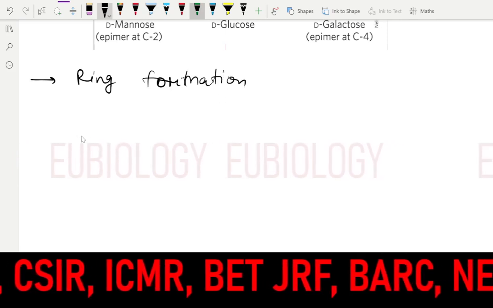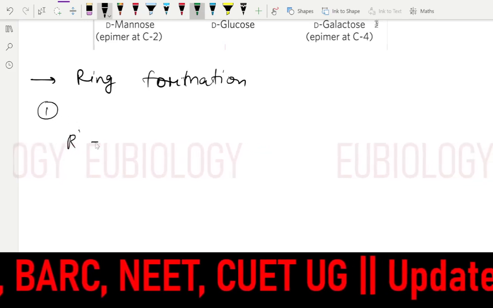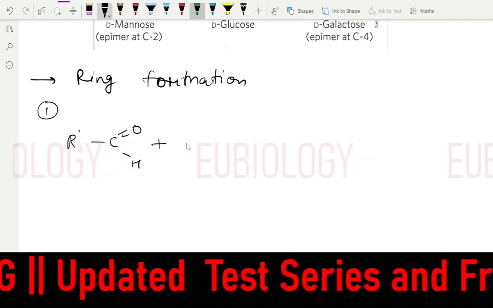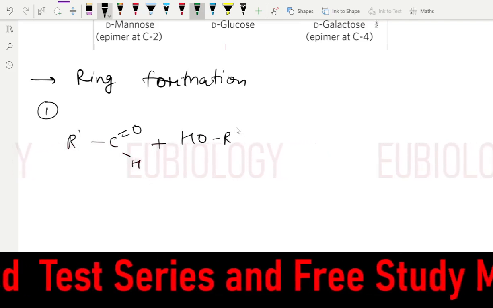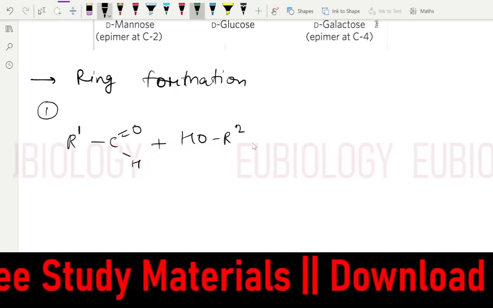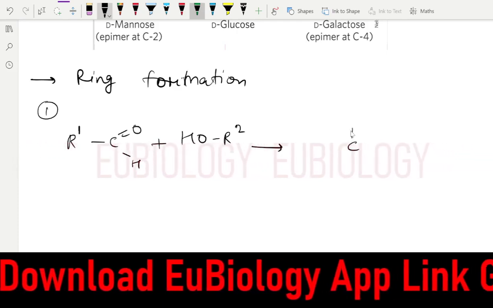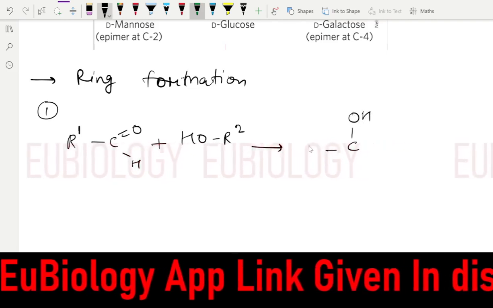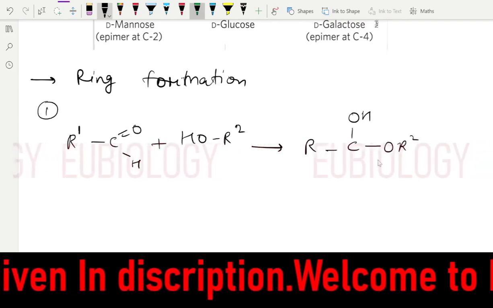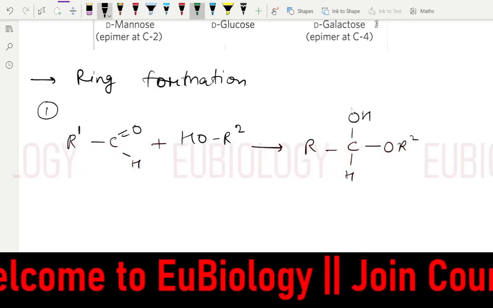So usually the aldehyde group. The first case we are seeing is the aldehyde group. The aldehyde group will bind with any hydroxyl group. So this is R2, this is R1, and it will attack here with OR2, and again here what will be there? Hydrogen. So this is what? This is called a